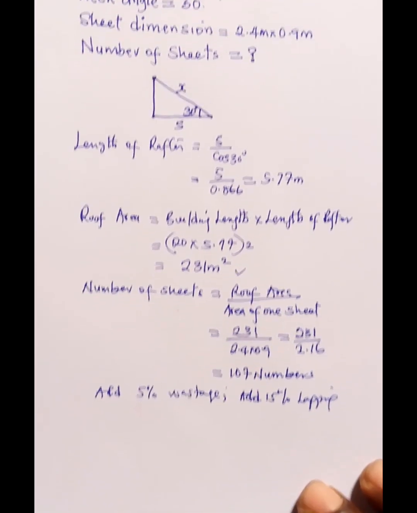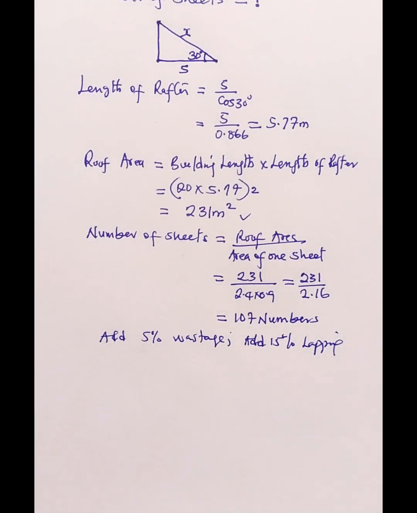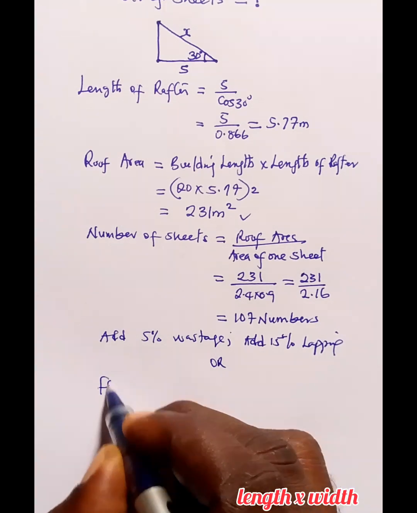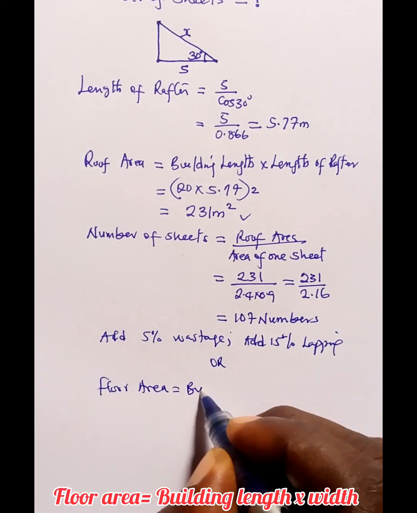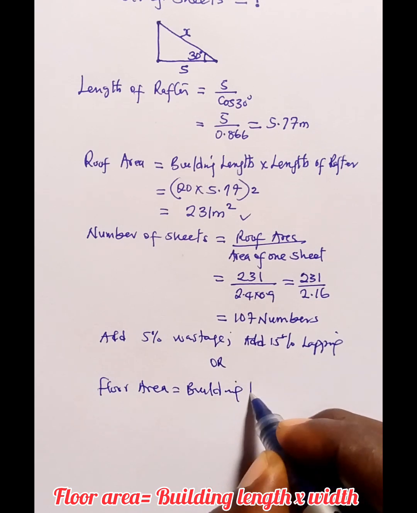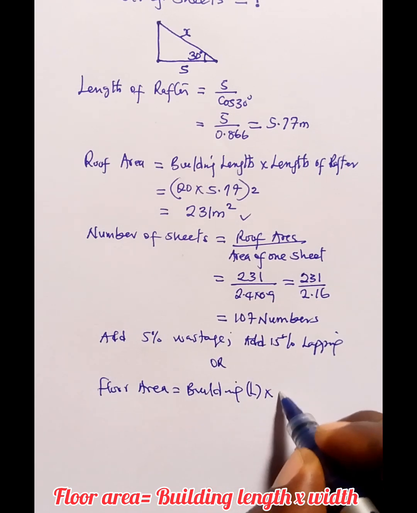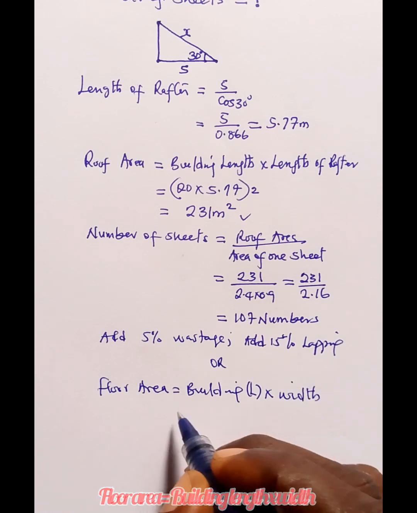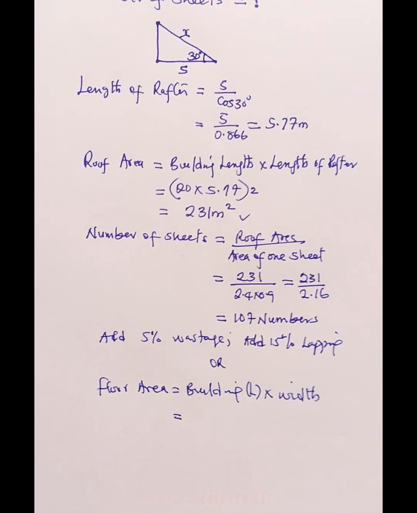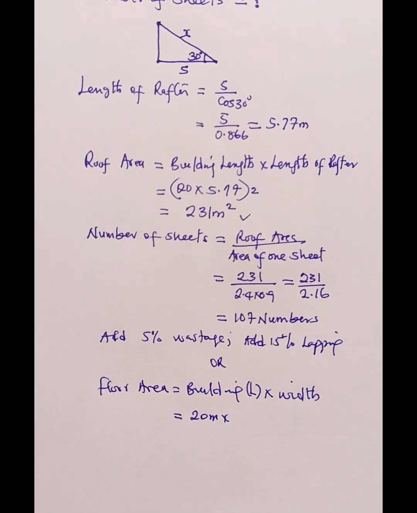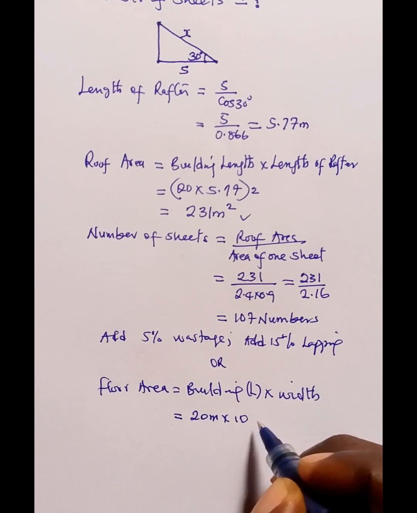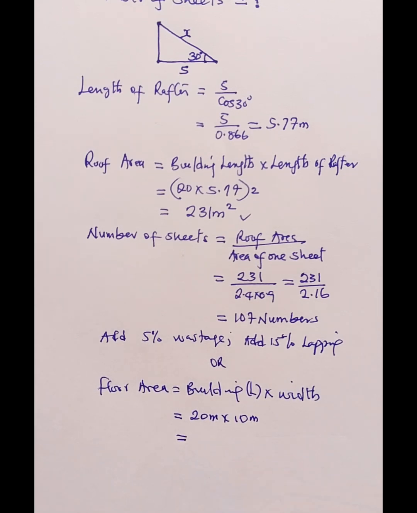Now secondly, the other method I want to use for this calculation is this. Get your floor area. How do you get your floor area? Your building length multiplied by your building width. From the diagram, our building length is 20 meters. Our width is 10 meters. So our floor area eventually becomes